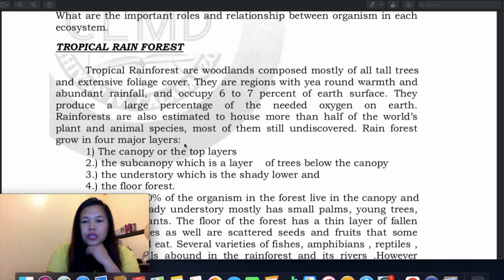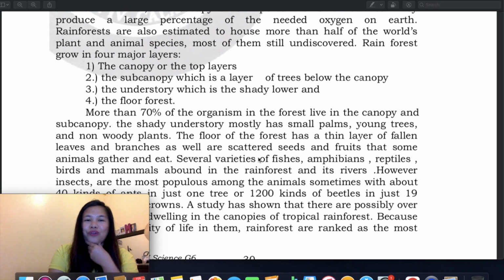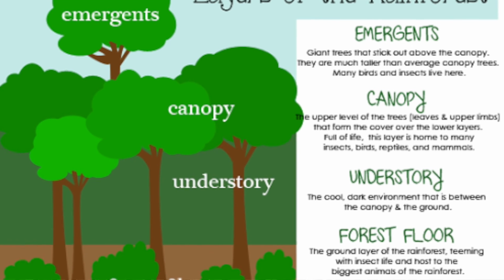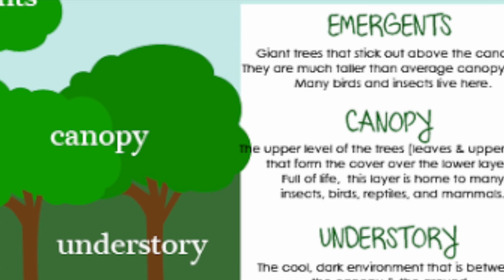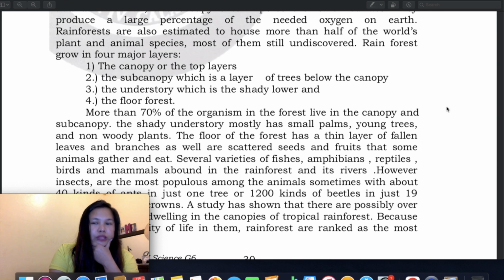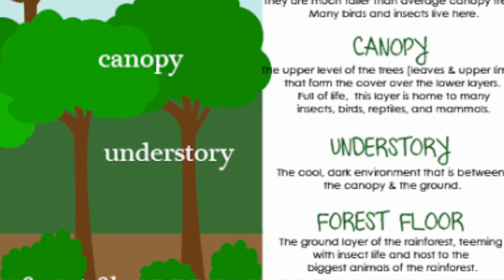So here, rainforests grow in 4 major layers. So there are 4 layers in our rainforest. The first is the canopy or the top layer. So, siya yung pinaka nasa tuktok sa ating rainforest. Second, the sub-canopy, which is a layer of trees below the canopy. Okay, for example, canopy is nasa taas, ang susunod nun is si sub-canopy. The third is the understory, which is the shady